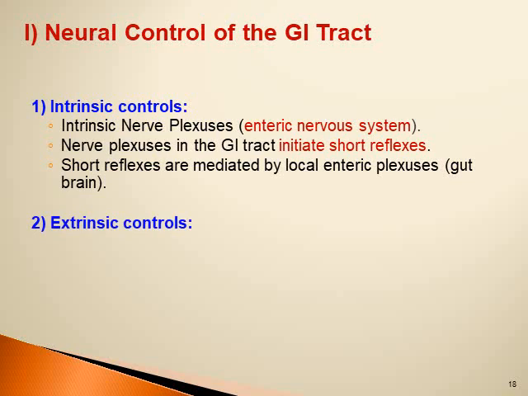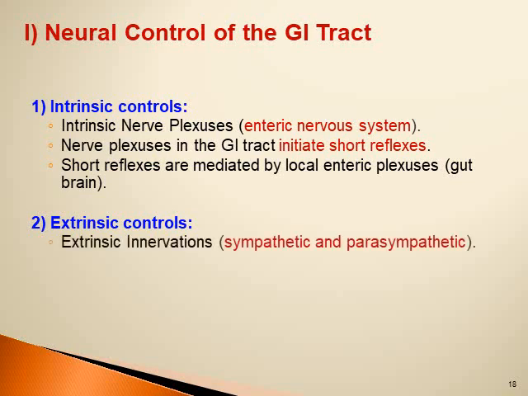Also, another neural control of the GIT is via the extrinsic control. The extrinsic control is via extrinsic innervations, the sympathetic and the parasympathetic divisions of the autonomic nervous system. Long reflexes arising outside the GIT. They are long because signals are sent to the CNS and the orders or impulses come back from the CNS